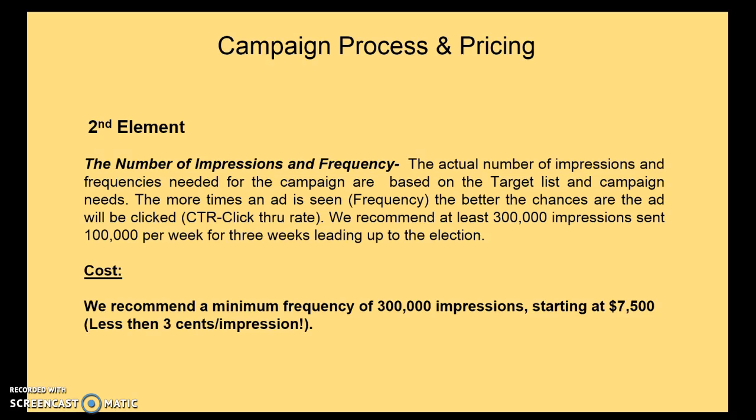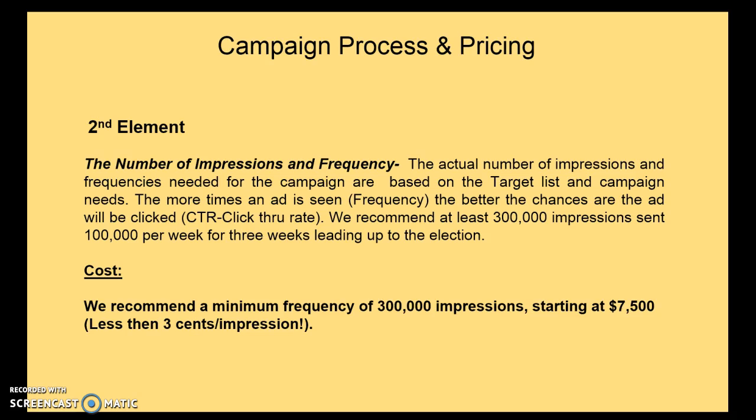The more times an ad is seen, the frequency, the better the chances are the ad will be clicked, or what we call a click-through rate or click-through ratio. We recommend at least 300,000 impressions sent, a minimum of 100,000 per week. So depending on the number of IP addresses, so for example, if you have 10,000 IP addresses, it'll be sent